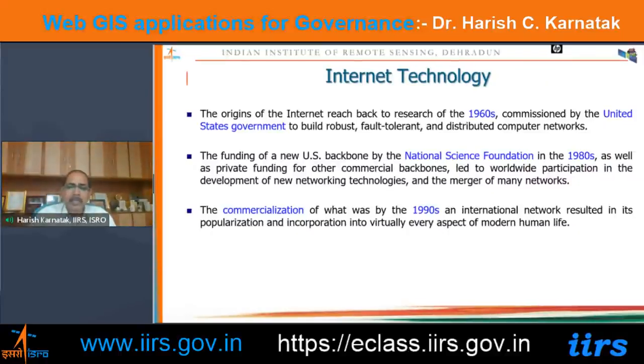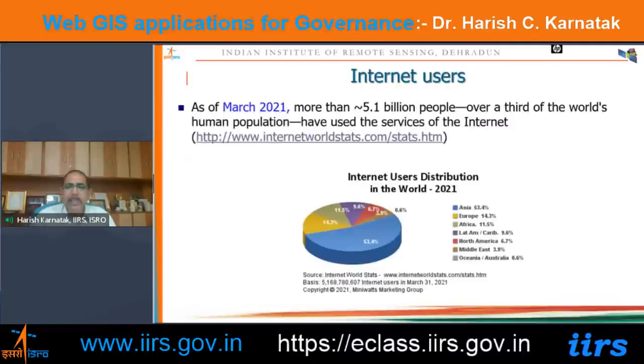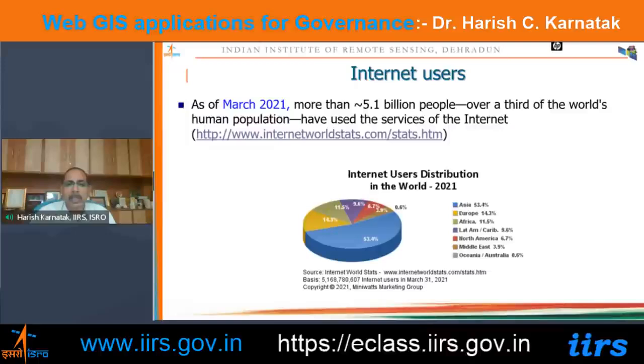And you can say that in the last around 30 years, this technology has reached a very high level. In fact, today the users of this technology are around 5.1 billion people across the world. The total population is around 7.6 billion, and today around 5 billion people are already using this technology. So you can still consider it one of the fastest growing technologies. And today, not only for normal messaging or social media activity, we are using the internet for many activities, including governance services to citizens in society.